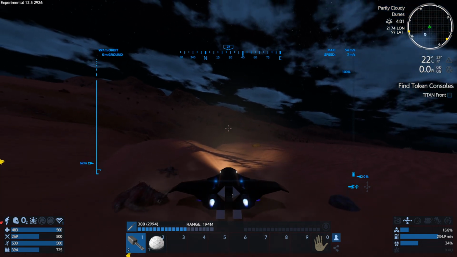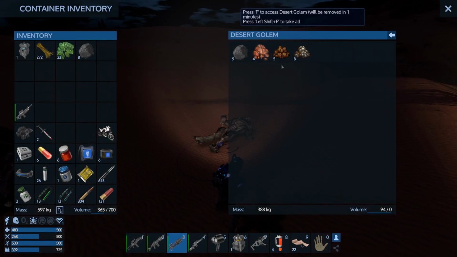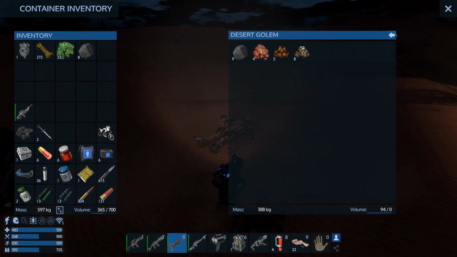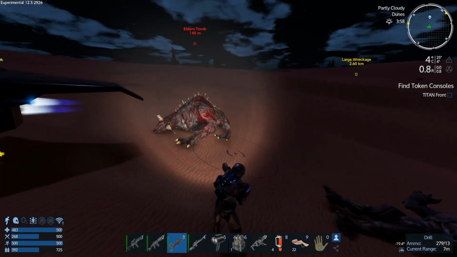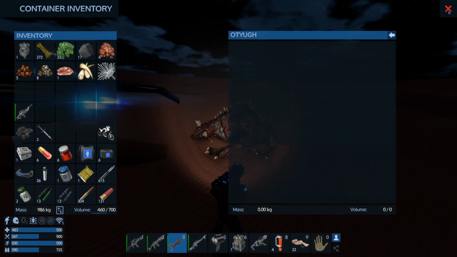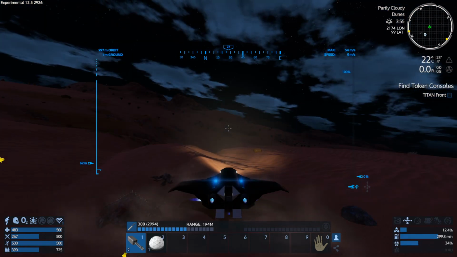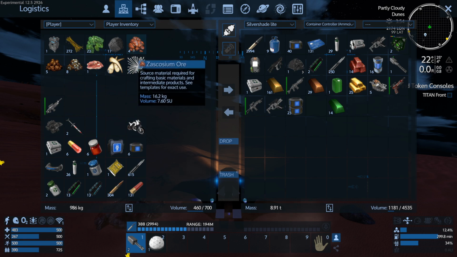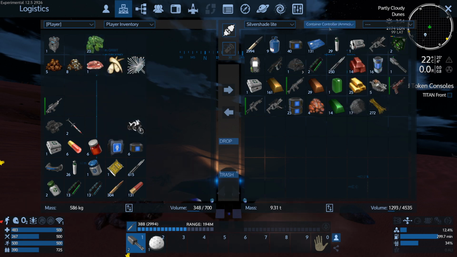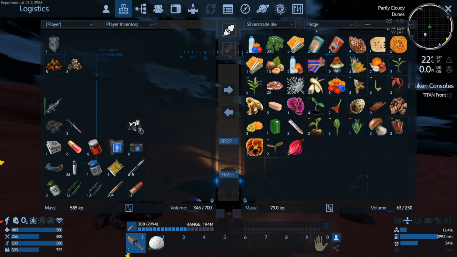Certainly want the desert golem because he's going to have some nice rare resources on him. Yeah, so gosium, neodymium ore, and we'll just take that as well. And a little bit of a sort out. Put that in there. That can go into the... This can go into the fridge, and that can...